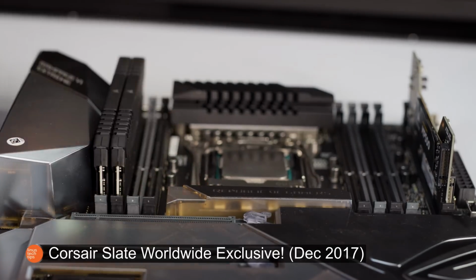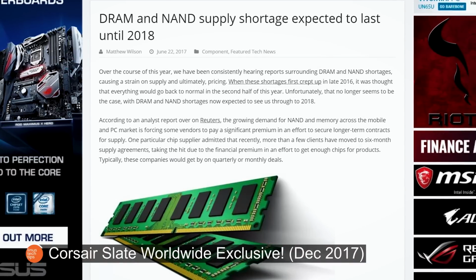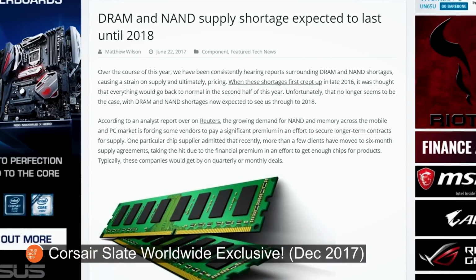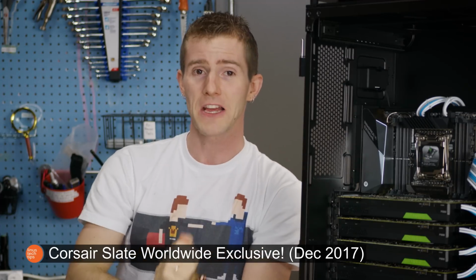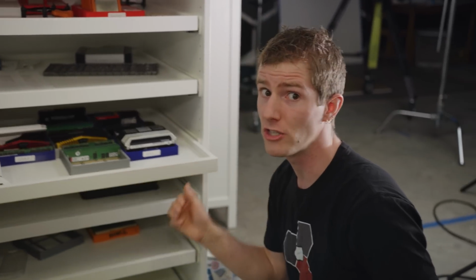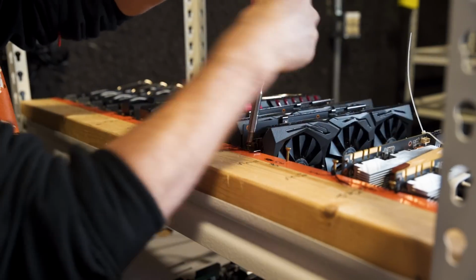Corsair somehow managed to get us 128 gigs of their Vengeance RGB. It's entirely possible that we are single-handedly causing the continuation of the global DRAM shortage, so sorry about that. Which I guess is a good segue into GPU prices, which have also been inflated due to demand from cryptocurrency